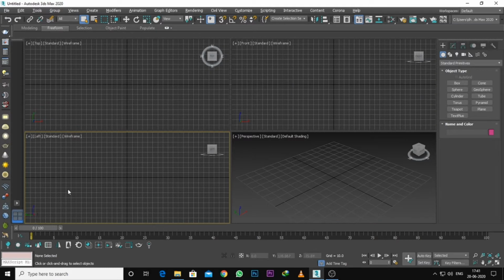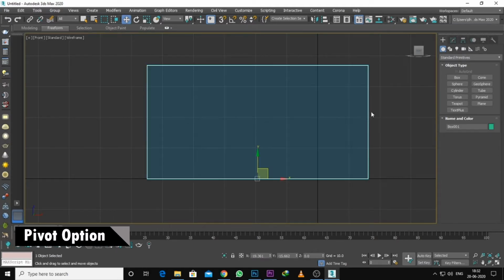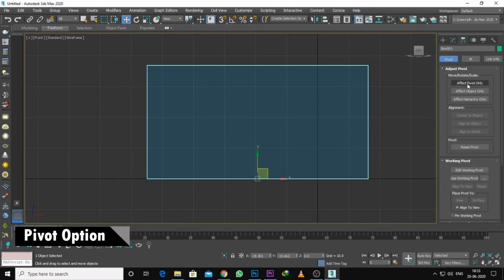Now I am talking about the second thing. I use one rectangle box, and the pivot of this object is at the bottom center of this object. If you want the pivot at the center of this object, go here, Affect Pivot.